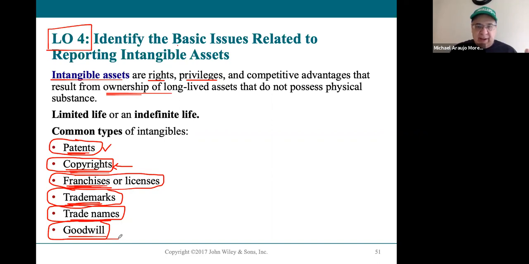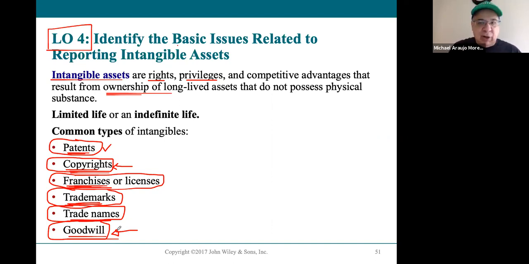Let's say instead of buying a business for $100,000, which is what the assets say it's worth, you pay $200,000. You pay twice as much for the business. How do you account for all that extra money that you're paying for this business? Well, that's basically goodwill. Why did you pay double the price of the assets? Well, because